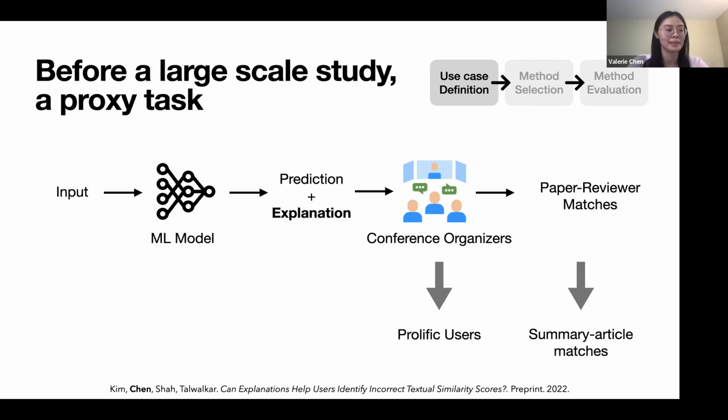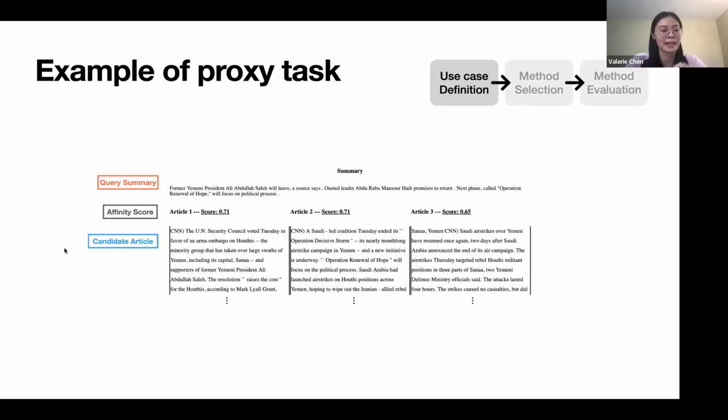But of course, down the line, we are looking at porting this back to the real world setting. The example of this proxy task that we designed looks a little bit like having a query summary. Think of this as the paper that needs to be reviewed, or the abstract of the paper. And then you have 3 different articles that you would like to match this summary to, and a score corresponding to each article. You can think of the article as being a potential candidate reviewer. So you're picking from a number of reviewers, and the reviewers have a bunch of papers that they've written in the past that might be matched to